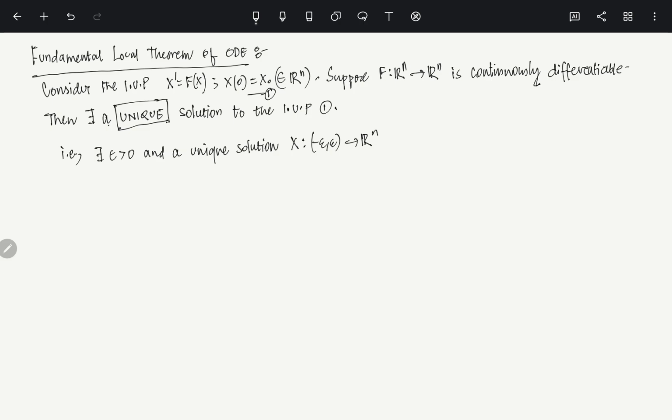I want to know whether there is such a curve or not. What you can say is in a small neighborhood of t, so basically minus epsilon and plus epsilon in a small time, you can actually say that there is such a curve, given f is continuously differentiable. So basically a unique solution like this satisfying x(0) equals x0. Clear? Okay, so the proof of this thing we have to do, and before we go on,